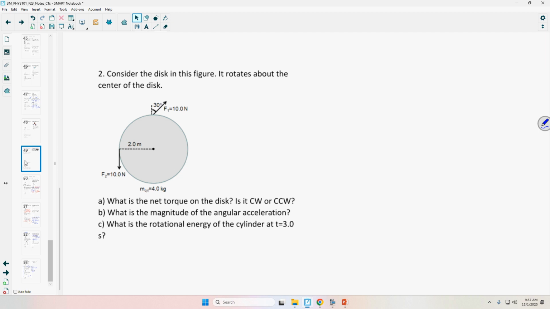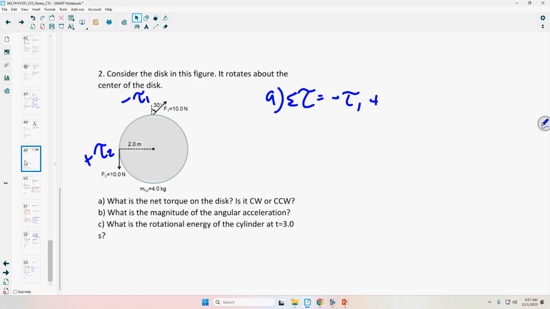You'll have a question like number 2 as one of your free response. It'll be very similar to this, except your free response will have a bar, not a disk, but it'll work out exactly the same. So in this case, you have to do several things. First, I'd ask you to find the net torque. To find the net torque, this is torque 1, this is torque 2. Realize that torque 1 is causing a clockwise rotation. Torque 2 is causing a counterclockwise rotation, so it's positive. So the sum of the torques is going to be negative torque 1